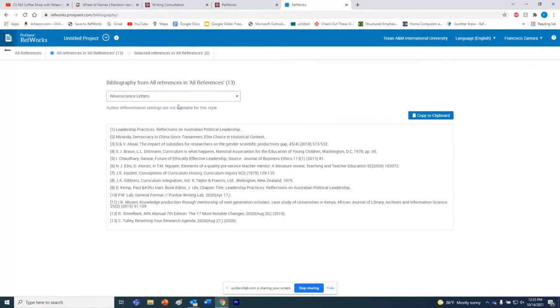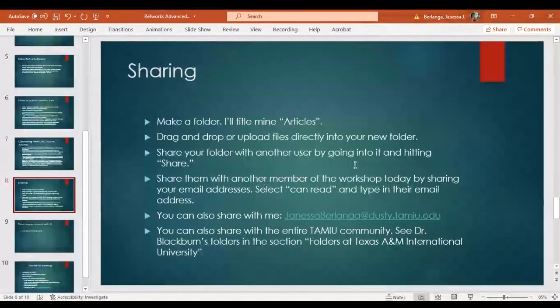So that's that. Another thing I wanted to talk about was sharing your folders. I've actually done this recently with one of my folders. I had it titled Advocacy Project, because it's a group project for one of my courses, and I shared it with 2 other classmates. Basically, you make a folder, I'll show that in just a minute, and then you can drag and drop your different files into that new folder. Then at the top of your folder, you click share, and then you add different members